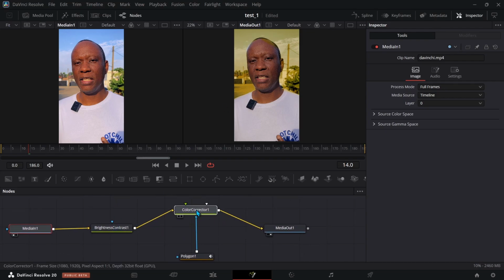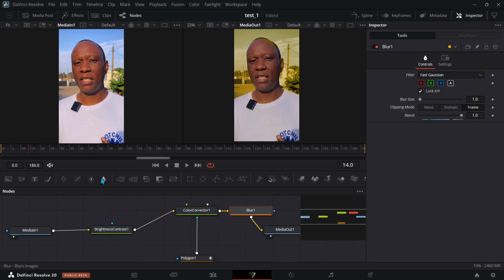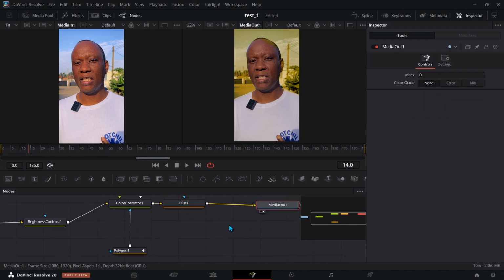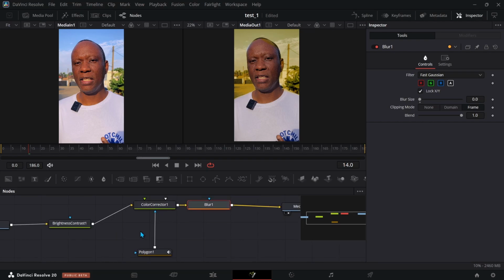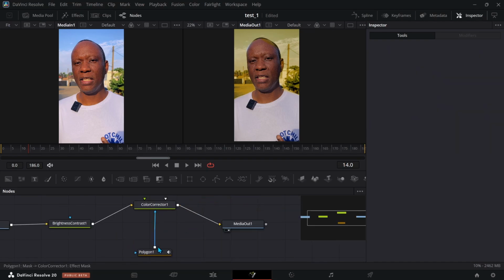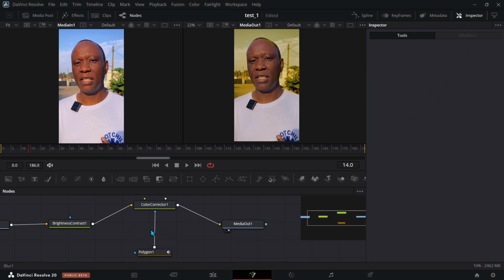For example, if I wanted to blur this, if I click on the color corrector and hit the blur tool, we can actually see we have a blur here. And if I go to the blur and increase the blur size, it's going to blur out everything, right? But since I have this polygon mask, I'll just undo that, click on my polygon mask and hit the blur tool. It's going to place that blur in between here, and we can see that blur size not being affected by that mask. And what we can do is to make sure we rearrange things properly